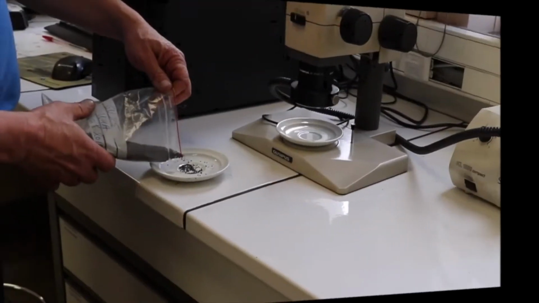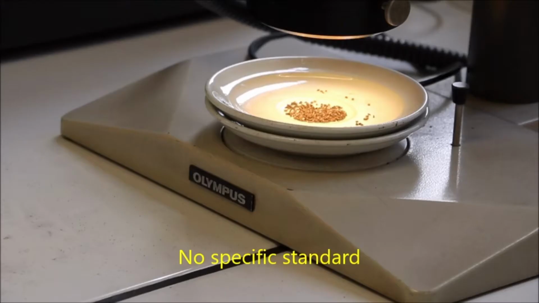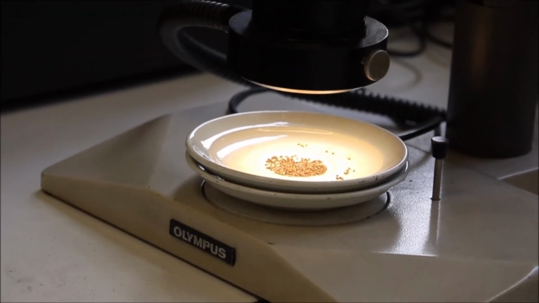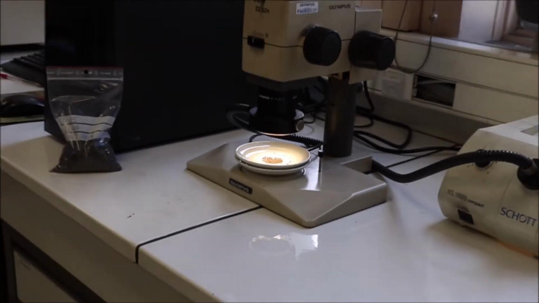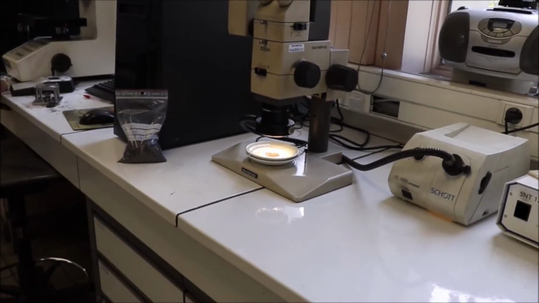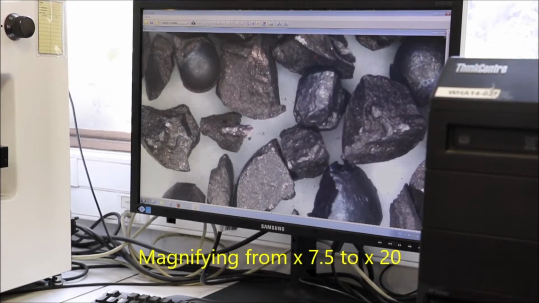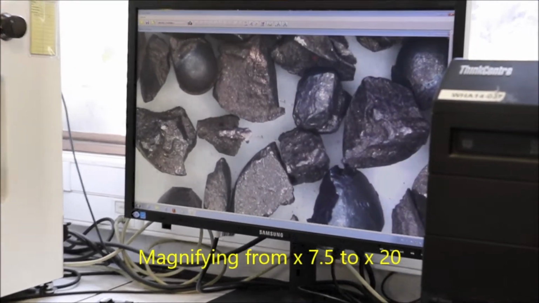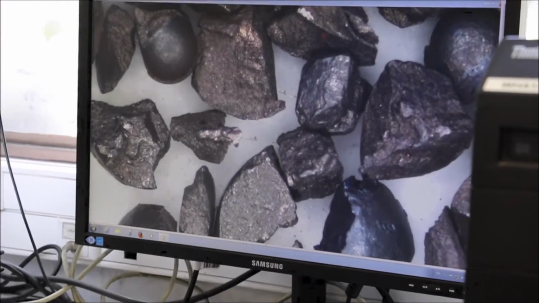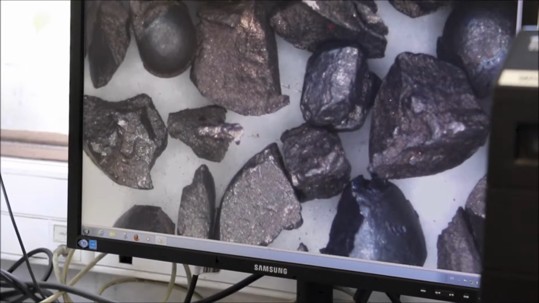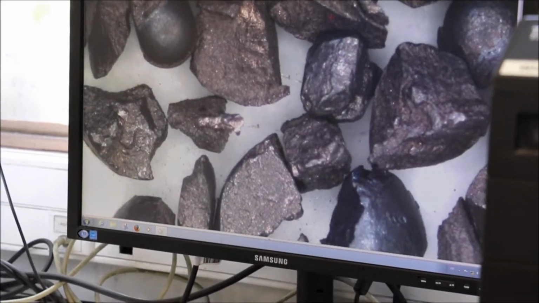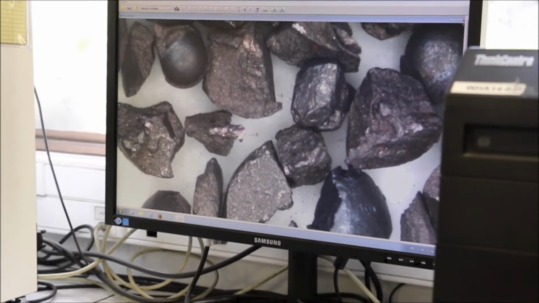Let's see how the macrostructure is controlled by the QC lab. Macrostructure evaluation is just a visual test done on a sample of abrasive and mainly on grits. There are two objectives for this test. First, to see if the crushing was well done regarding the number of cracks and if there are micro cracks remaining at the surface of the grains. And the second point is to check if the grit is polluted or not by shot.